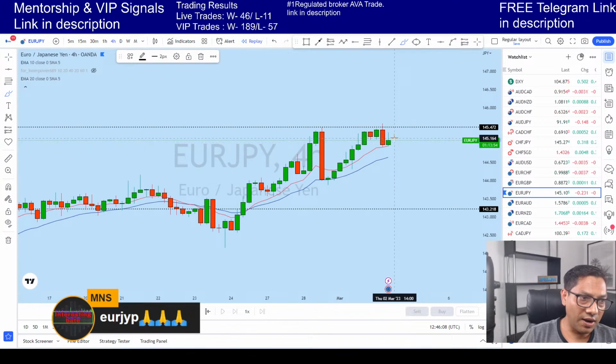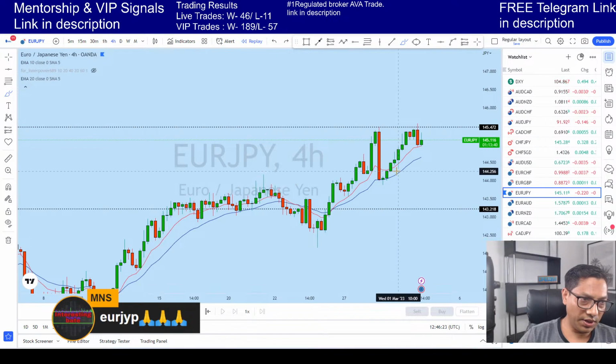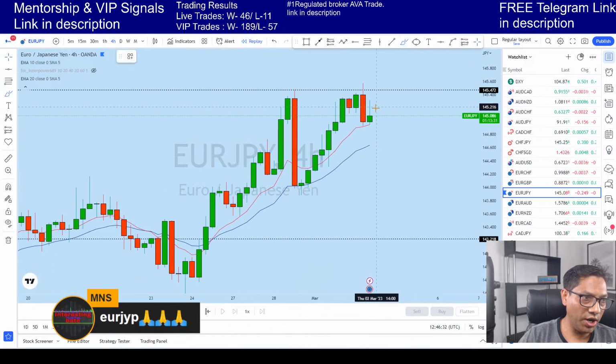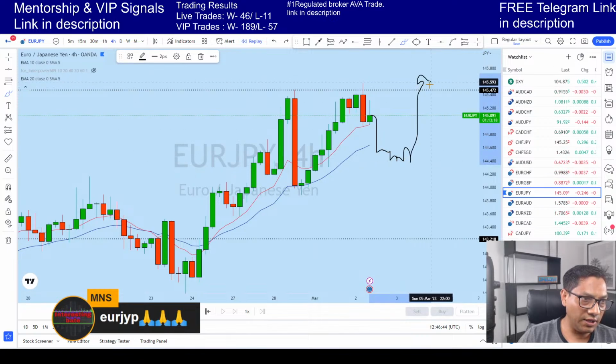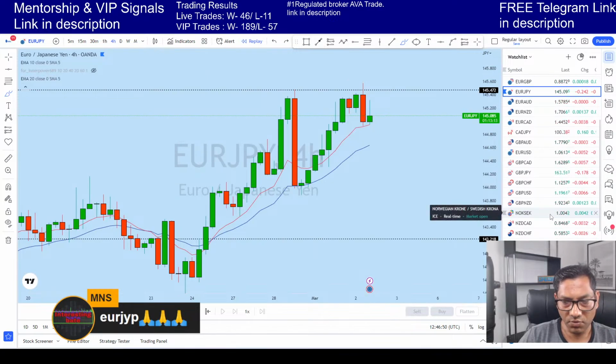But at the same time, after testing this level, we'll see how the price reacts. See, when the price does like this, and then after the liquidity gap it rejects, at any point it may resume its uptrend. The only way we can be sure it is resuming its uptrend is when the price breaks any kind of level, especially if it breaks down below this 20 EMA, creates a couple of false breakouts, and then starts to push up, then we'll go long. So the price action will tell you how the market might behave in this movement.